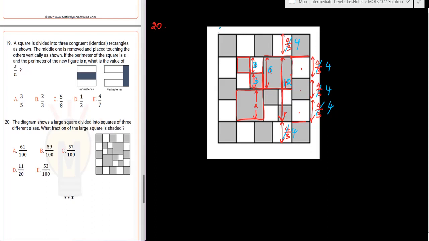Now, what is this total length here? We just said that the medium-sized square has 4 units as its side. So that means 1, 2, 3, 4, 5. There are 5 such squares, so this must be 20 units. Because it's a square, this also will be 20 units. So the total area is 400 square units. That is the overall big square. Now we have to find out how many of them are shaded in that. We can just start putting the fraction shaded